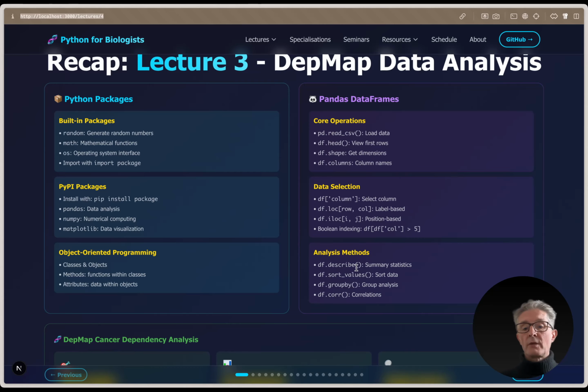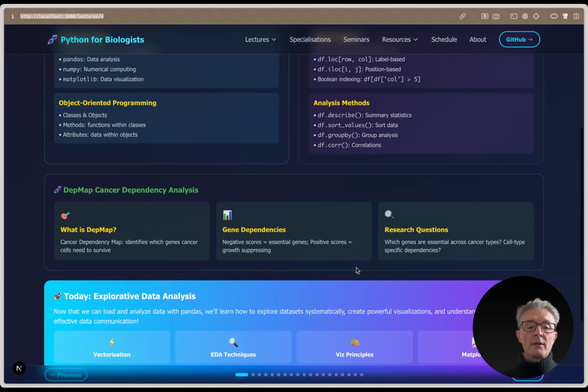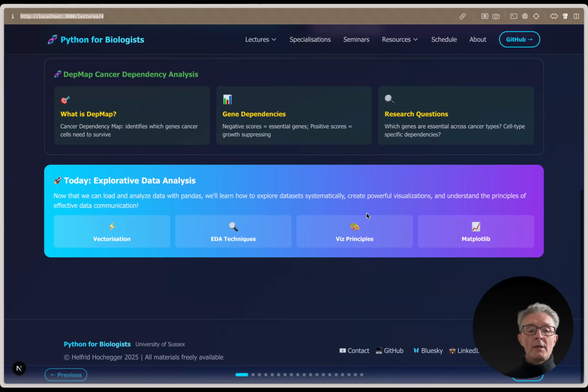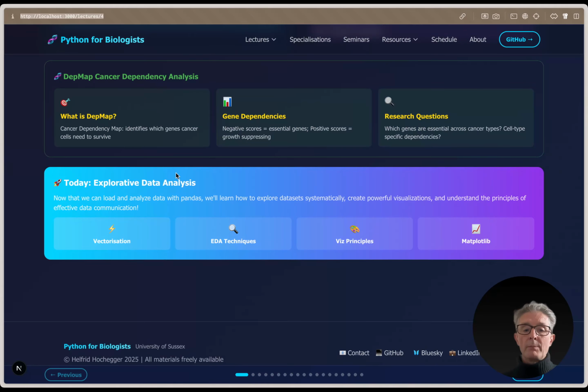And then we started doing some quite interesting analysis, actually, on a large data set, the DepMap cancer data, which I filtered just for 2 cancer types to make it manageable. And I explained the DepMap data in more detail, and we analyzed what are the most essential genes in breast and in myeloid cancer. So today we're going to continue with pandas,